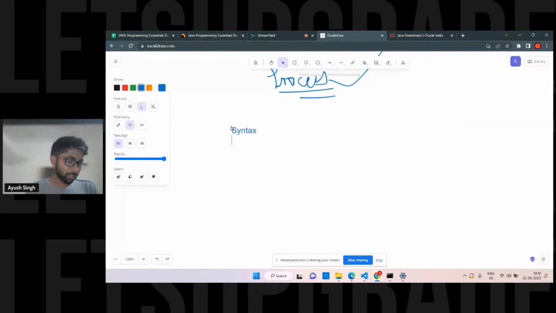Exactly, Harvey. You have to set up JDK before using. No. See, before installing VS Code, it is not required. Okay. I mean, you can install VS Code before also, but JDK is required to run a Java program. That's why. Okay. So JDK is a compiler. VS Code cannot directly compile it.